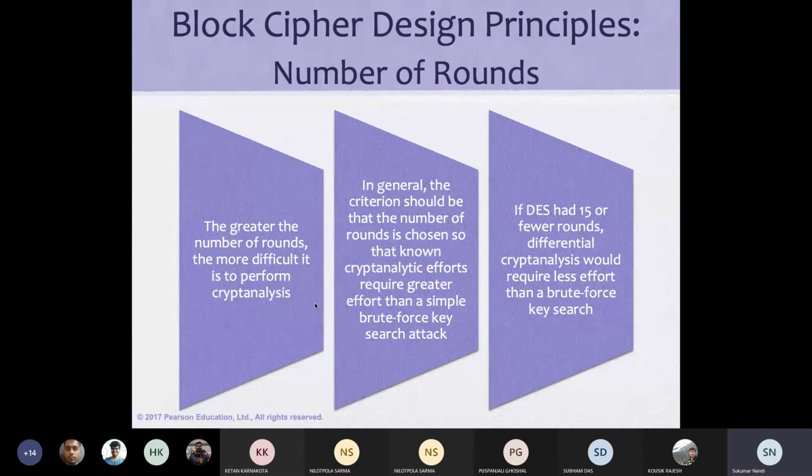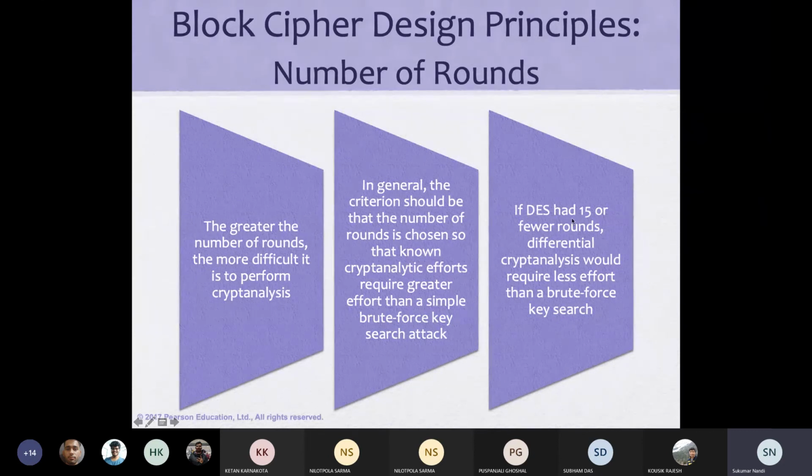So if we increase the number of rounds, it is very good. In general, the criteria for the number of rounds chosen is that known cryptanalysis efforts require greater effort than a simple brute force key search. So increasing the number of rounds will help.